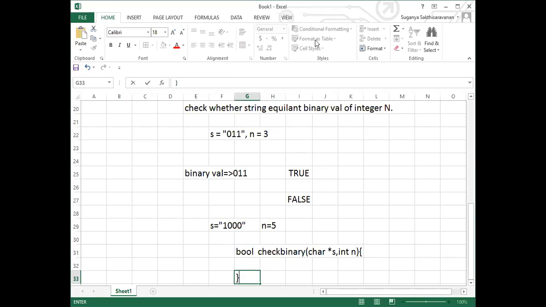So first, guys, you can do either one of the processes. Either you can make this an integer, find the equivalent decimal value, and check it. That is one way: making this a decimal number and checking whether these are equal. The other way is you can take this number, convert it to binary, and check whether these two are equal. Either this process or the other process.